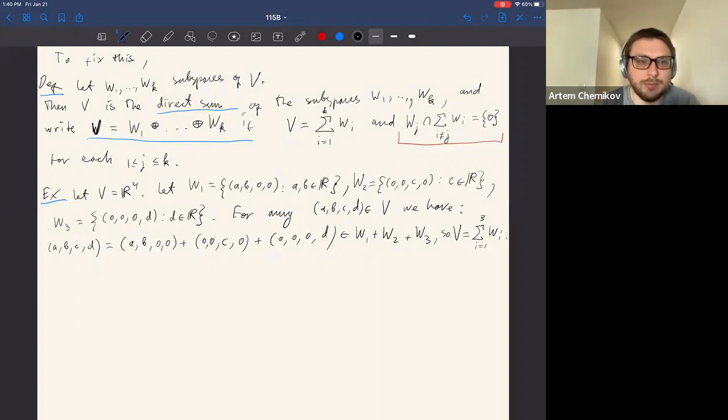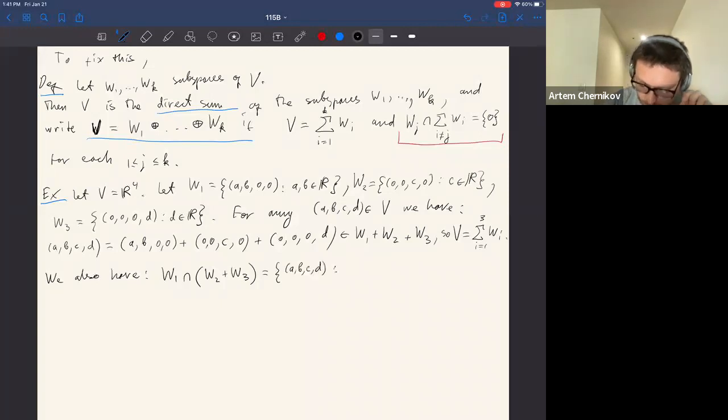But is it a direct sum? So let's check whether it's a direct sum. We also have that if I look at W1 and intersect it with the sum W2 plus W3, what is this going to be? This is going to be the set of all vectors (A, B, C, D). Now, because it has to be a vector in W1, the third and the fourth coordinates have to be 0, right? So we have C equals 0, D equals 0, because it's in W1, but also